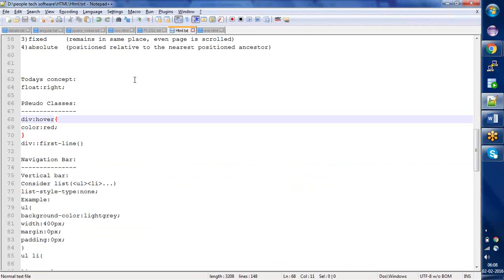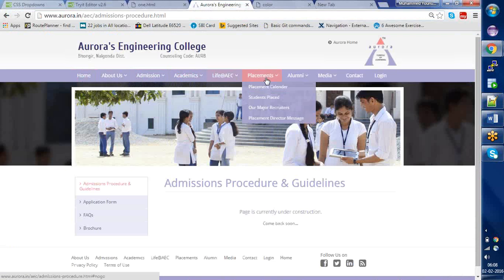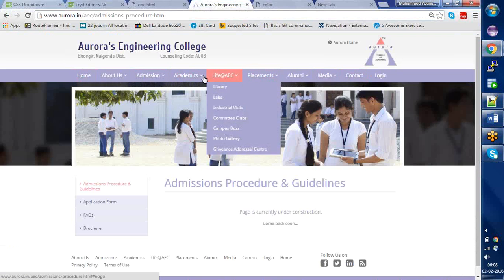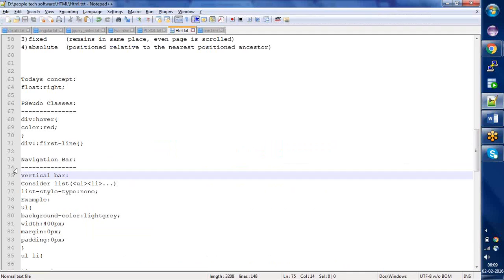Today we are going to learn about some pseudo classes, and then we are going to start the concept of navigation bar. So navigation bar is this one only, which we have developed using table, but every time table will not be supported, and using table is not a good option as well. So here we can have a horizontal navigation bar as well as vertical navigation bar, and if time permits we